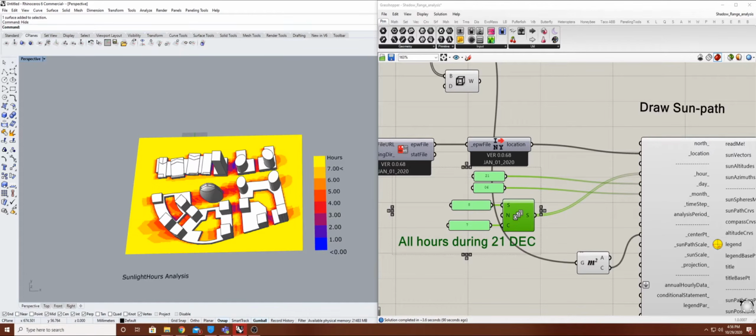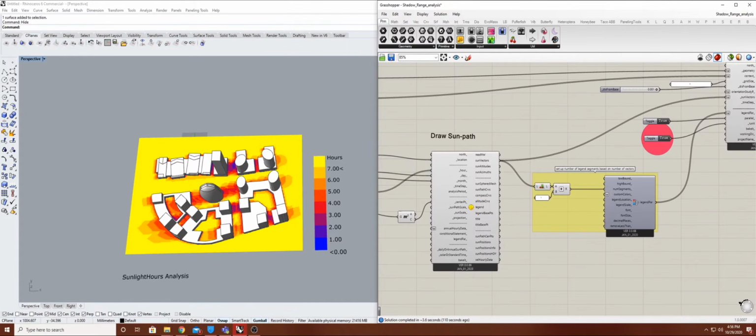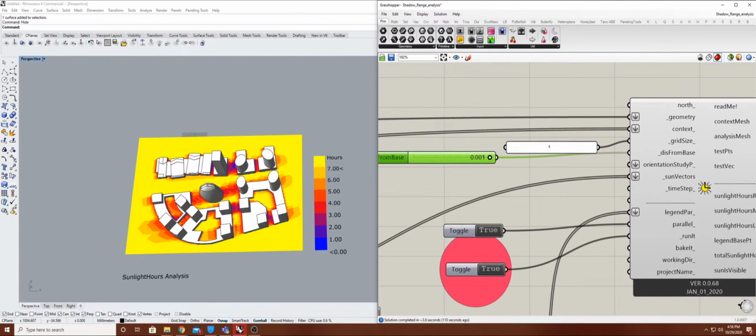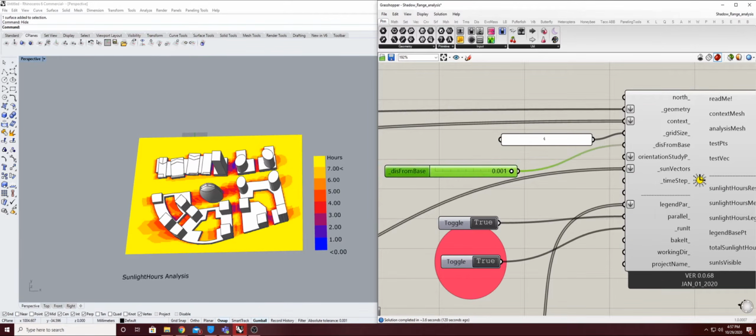So this is a really good analysis to allow critical spots that need more sunlight access. So urban designers and architects can decide which areas need some sunlight. What I want to show you next is how this can